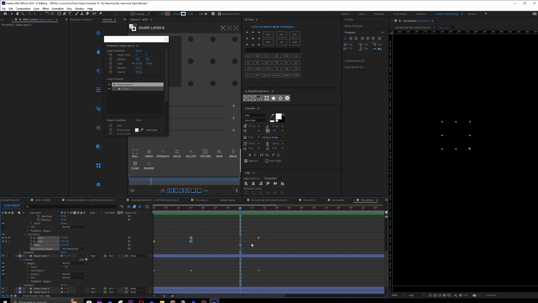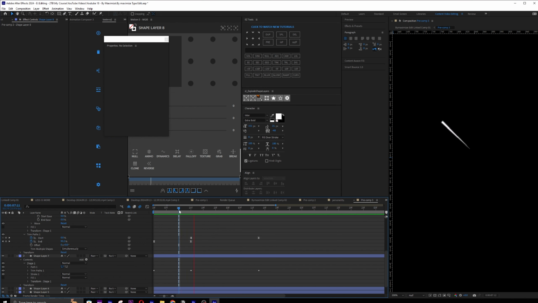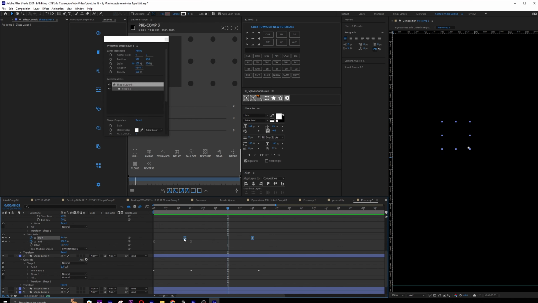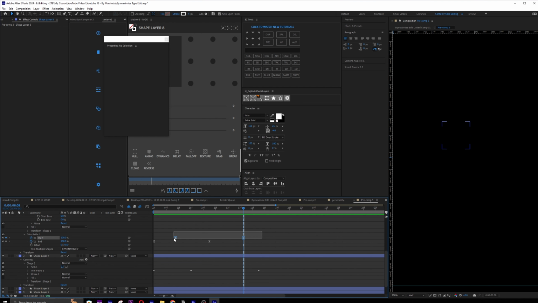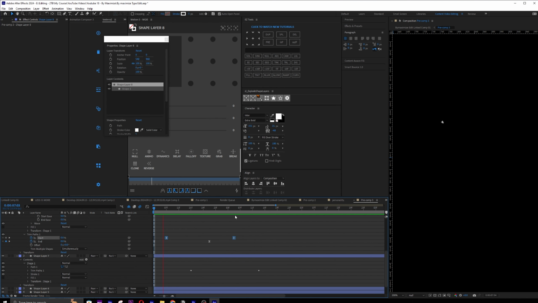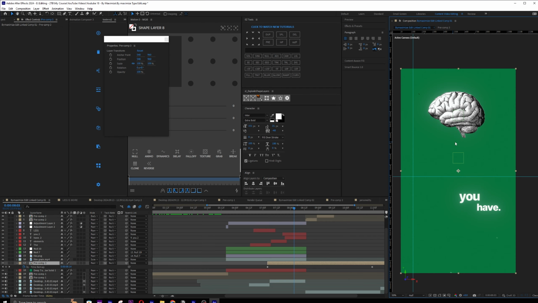Nice. What you can do is, because you can see there is a bit of a pause here, you can make the start come up earlier, and it's going to be overlapping. See, if I just extend this one, it's going to happen both at the same time. I can drag this even closer so it's happening simultaneously. So yeah, this was the shape effect, and then I added it inside the pre-comp.